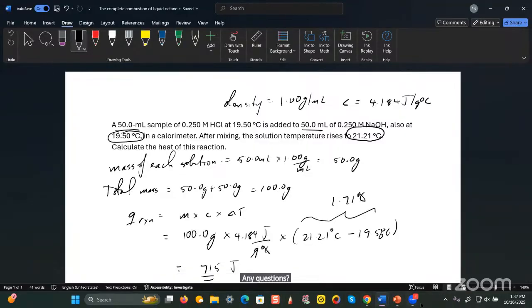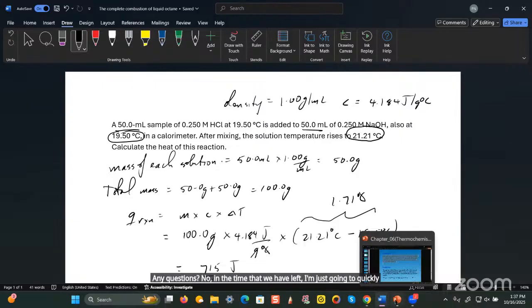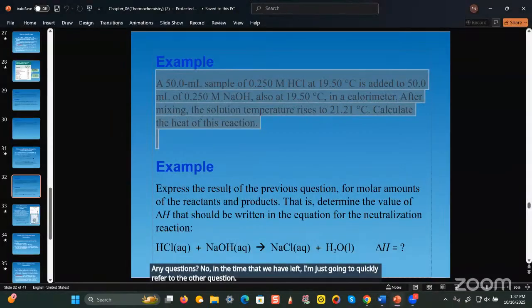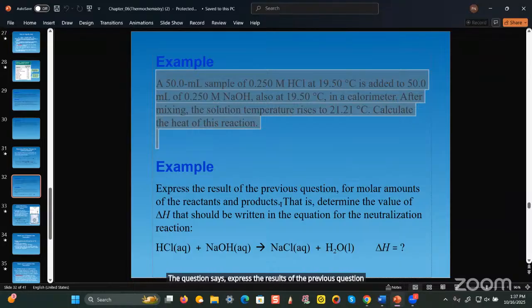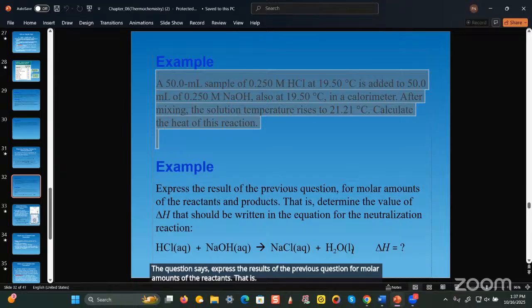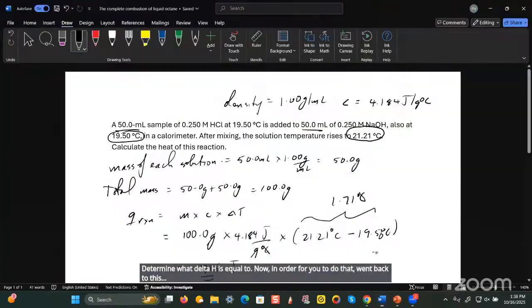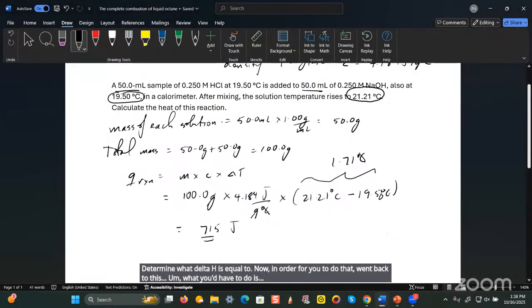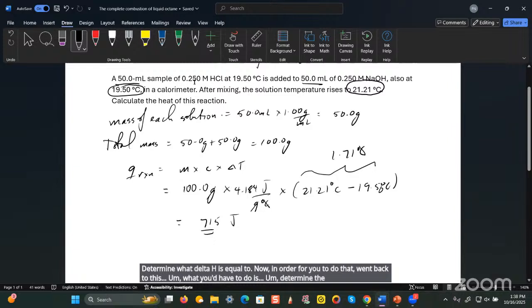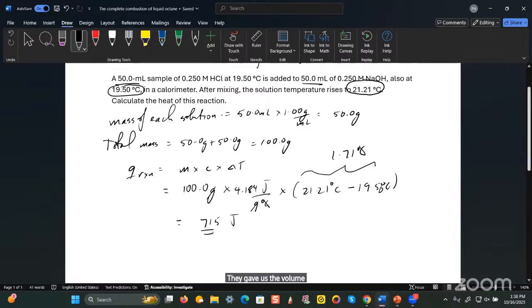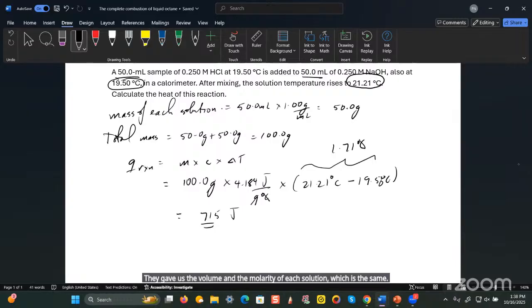Now, in the time that we have left, I'm just going to quickly refer to the other question. The question says, express the results of the previous question for molar amounts of the reactants. That is, determine what delta H is equal to. Now, in order for you to do that, what you'd have to do is determine the moles of each of the reactants. And we can easily do that because they gave us the volume and the molarity of each solution, which is the same for both of them. So the number of moles of sodium hydroxide will be equal to the number of moles of HCl, which will be equal to